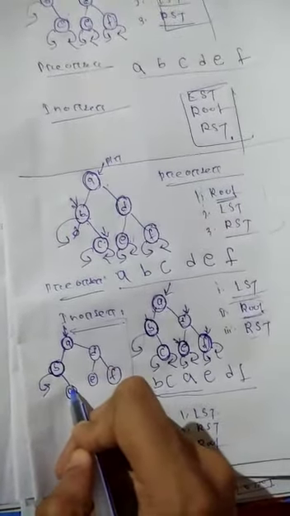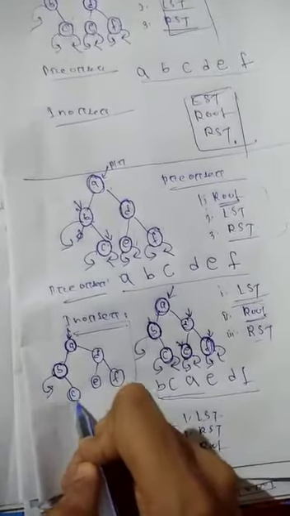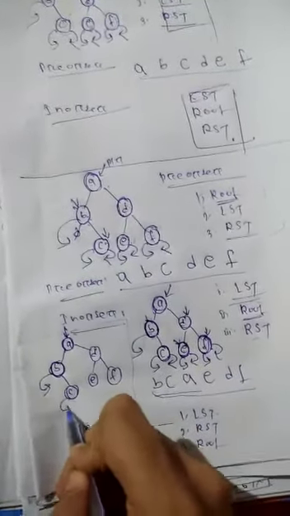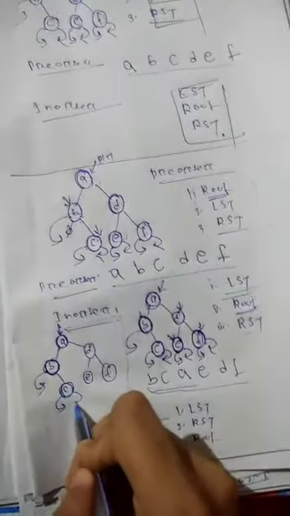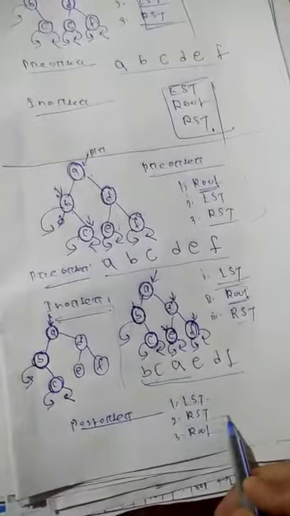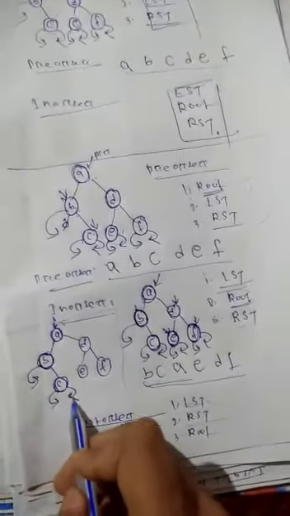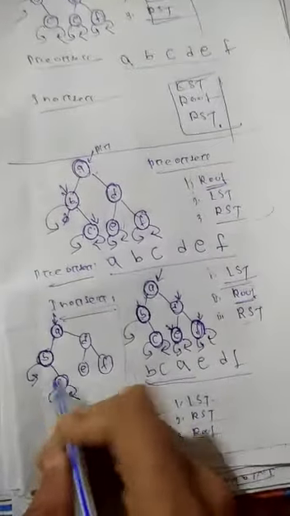Okay, visit the right subtree. Then from C, first you visit the left subtree. No node is there. Then return to C and visit the right subtree. For C, two statements are covered. Left subtree, no right subtree. Then two statements are completed. Last is print. Then for C, first it prints C. Okay. Then return to B.